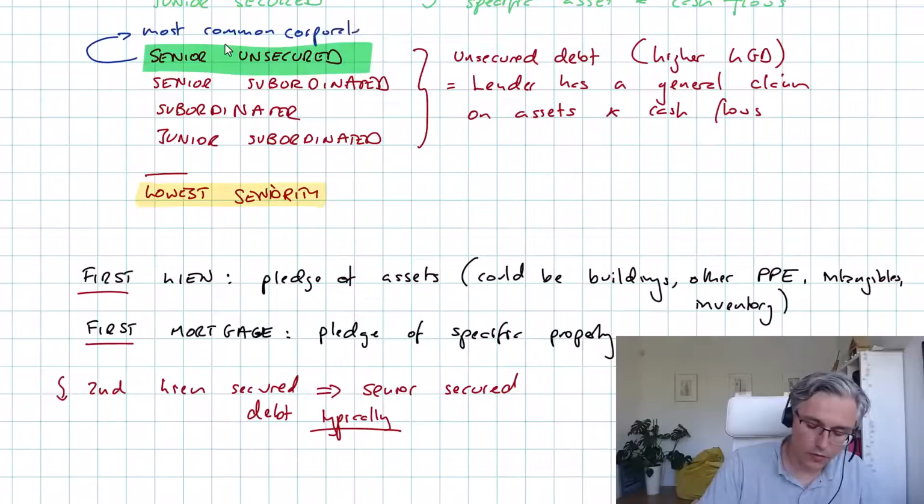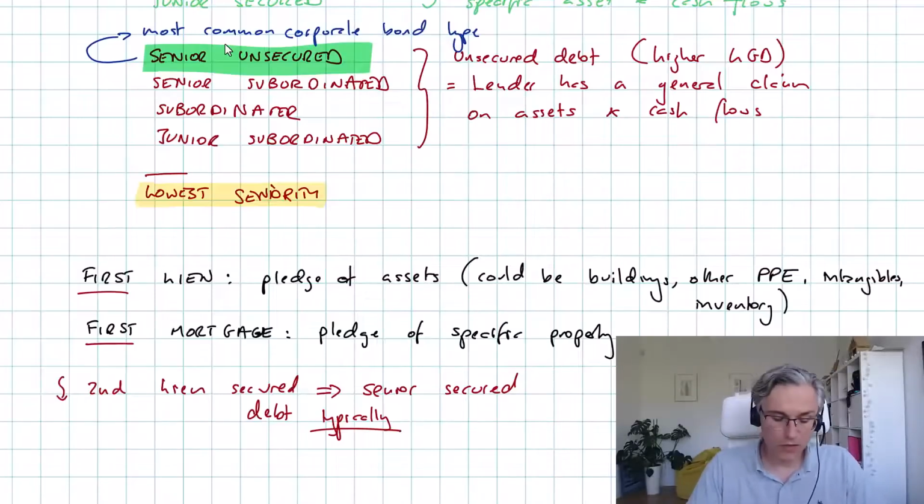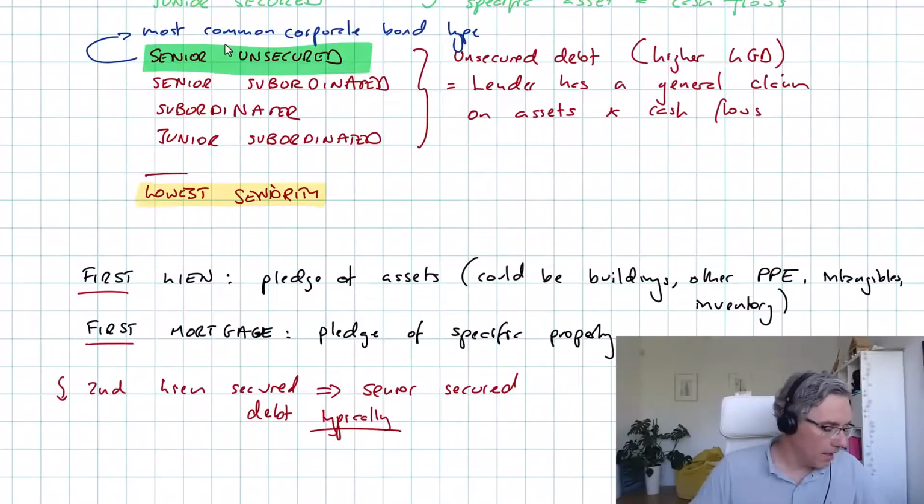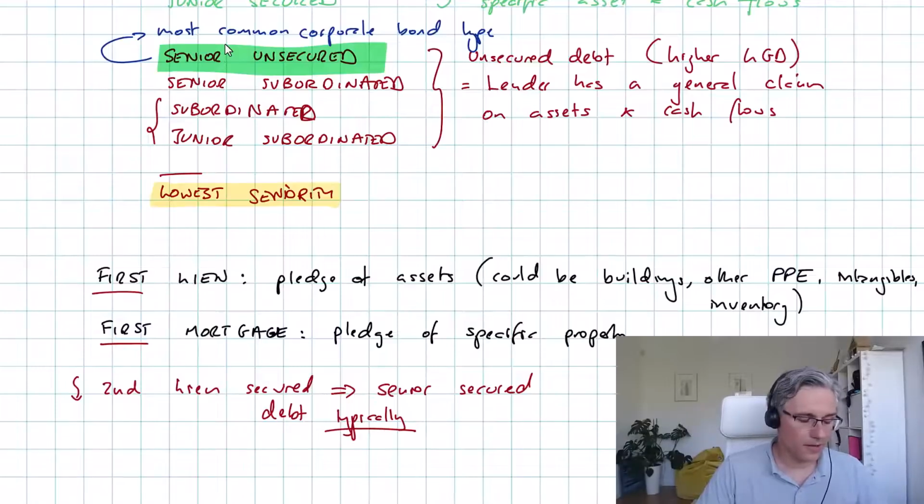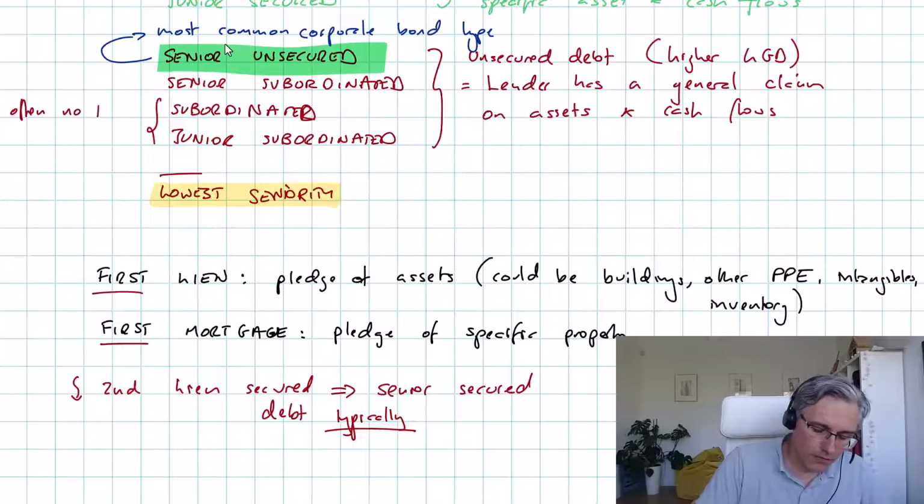So this is the most common corporate bond type. Many high-quality investment-grade issuers primarily issue senior unsecured debt. They're in such a good situation that investors do not necessarily look for secured bonds, so they can issue senior unsecured. And let me just say that for the lowest ones over here, like subordinated, sorry, this should be subordinated or junior subordinated, this really is the lowest priority and often associated with absolutely no perspective of recovery in case